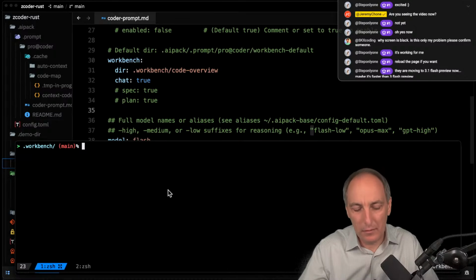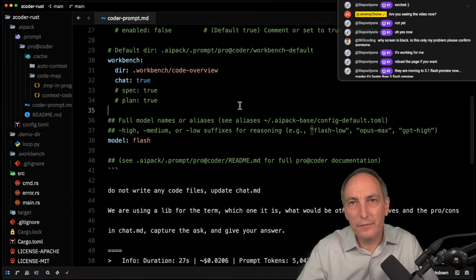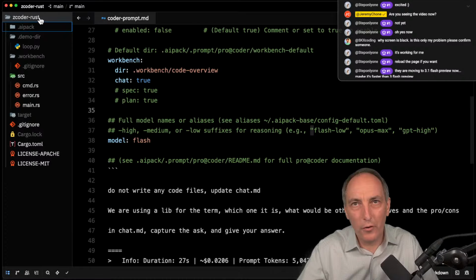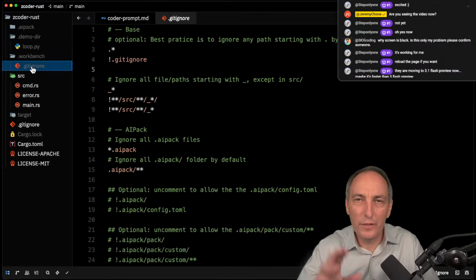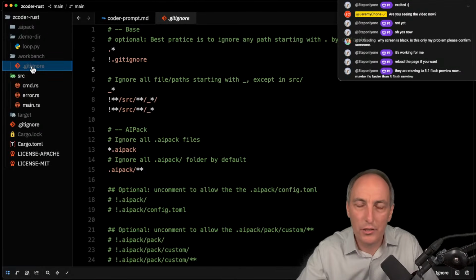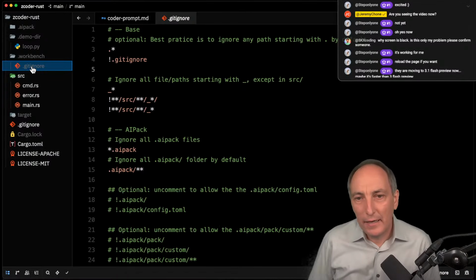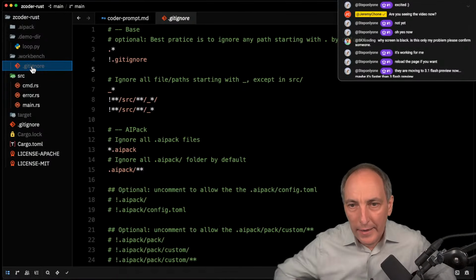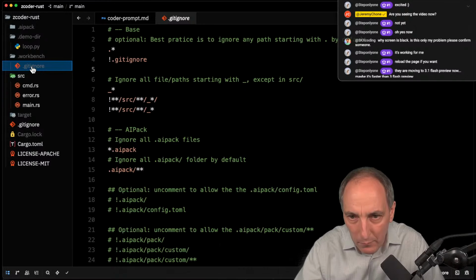That means that now I have one git for my code source, the base, and then I have a git ignore here. And the reason why that is great is because when we ask AI, we're going to see what the AI changed. So one of the practices that I have for my production coding is